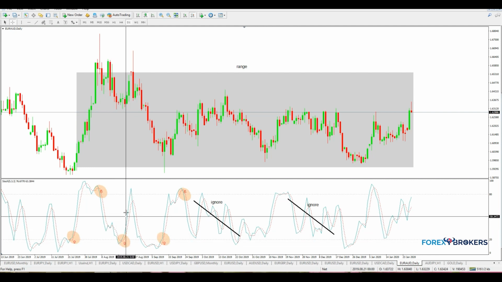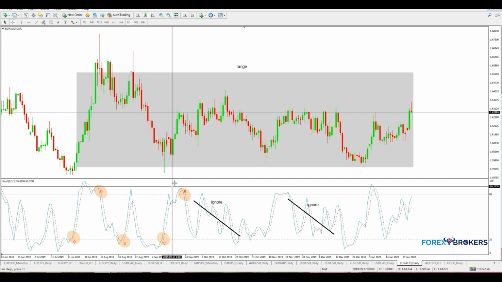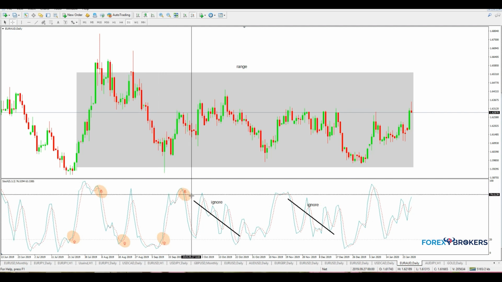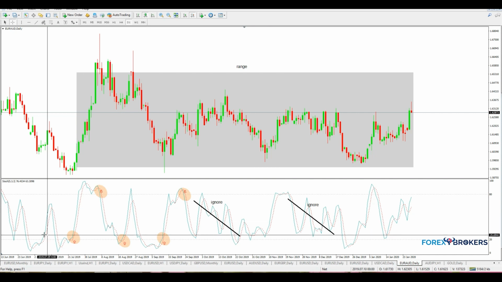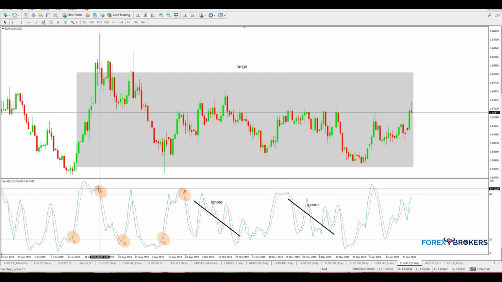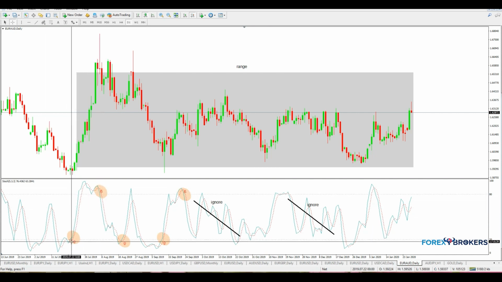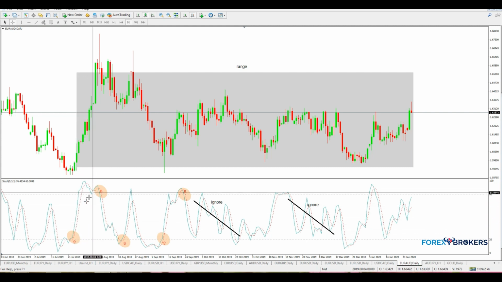The same here to the upside, the same here to the upside, and so on. Why do we say ignore here? Well, try to ignore periods of congestion, when the stochastic oscillator fails to travel in a clean line from overbought to oversold or oversold to overbought. For instance, this would be a great trade on the short side because the stochastic traveled in a